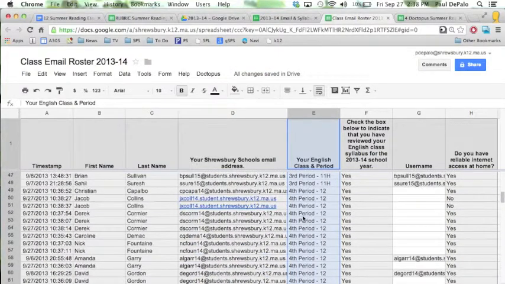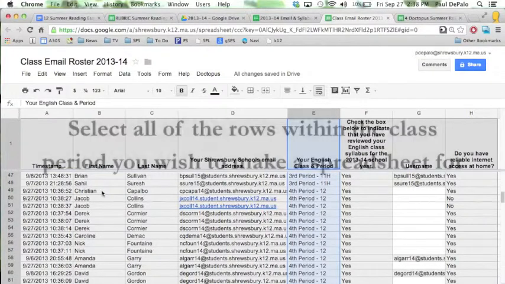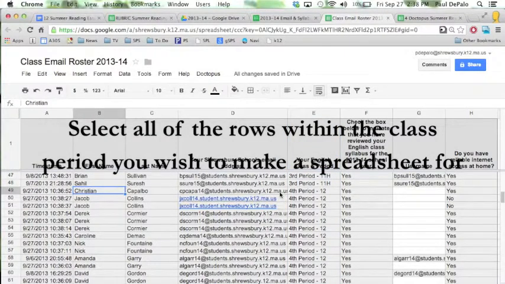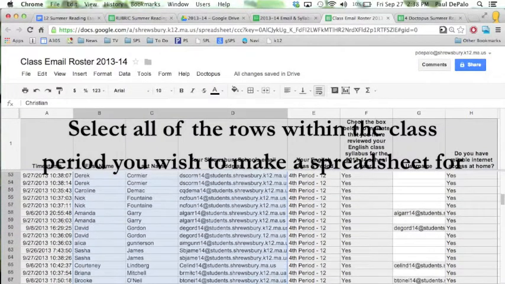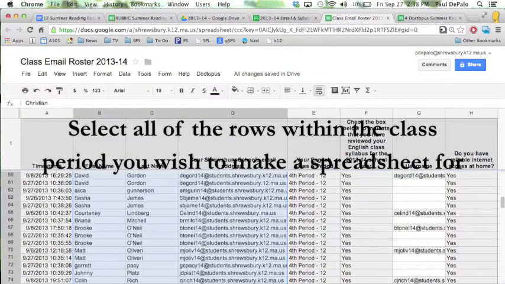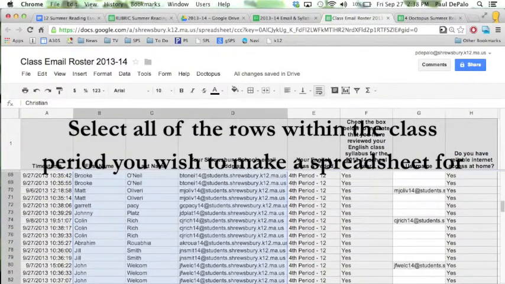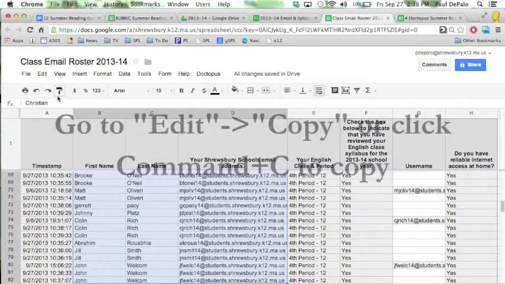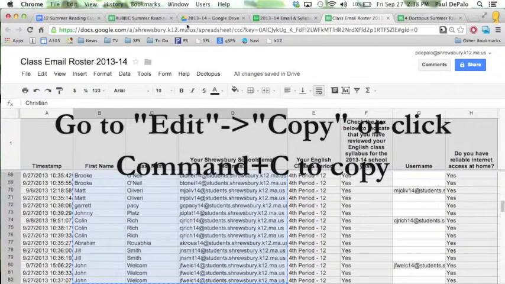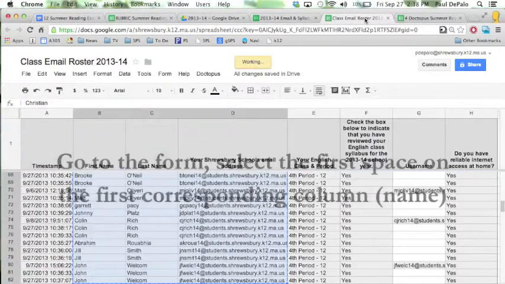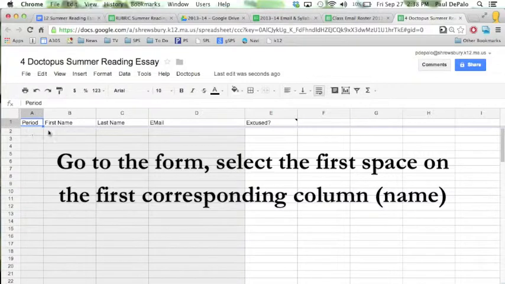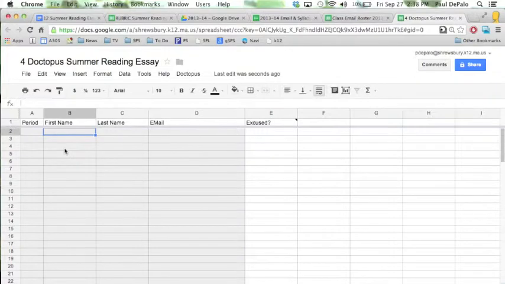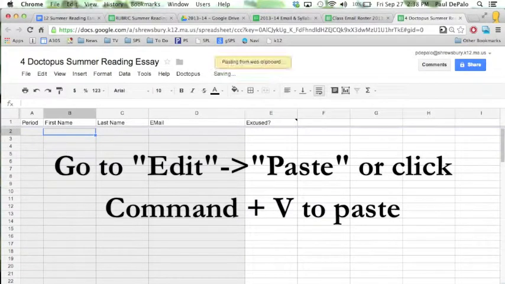Since this is a period 4 assignment, and it's the first time I'm setting it up, I'm going to scroll down to period 4, find the first period 4 student, and capture all of the rows that have a period 4 student within them. I'm going to Command C to copy all of this information, turn back to the sheet I created for the assignment, go to the first name column because that just happens to be the way the information is organized, hit paste, Command V,